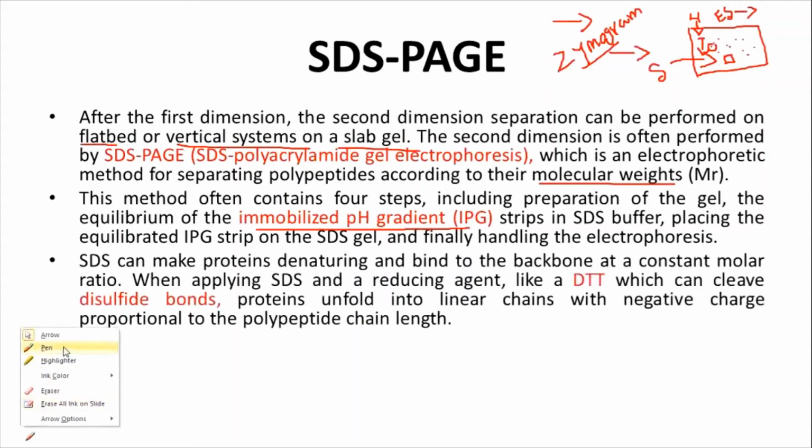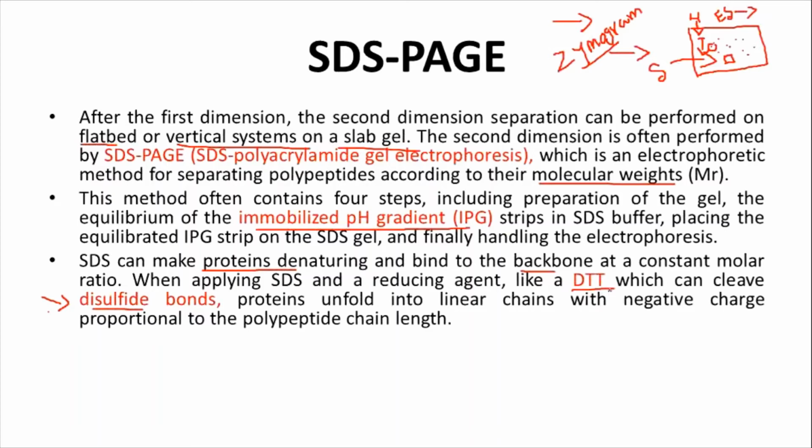You know very well SDS makes the protein denature and breaks down some weak bonds. Instead of SDS, we can use DTT to break the disulfide bond. And also we can use mercaptan to break down the disulfide bond. Without mercaptan, we use DTT. Here, in the case of SDS, we use DTT because it is more reactive than mercaptan.